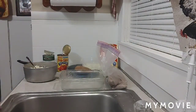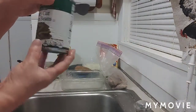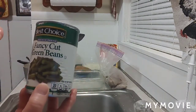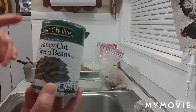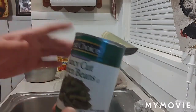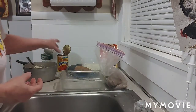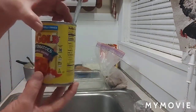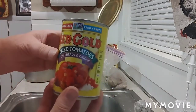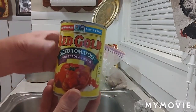Then you have to put in your green beans. 1 can of green beans will work because I measured it. It calls for 3 cups of canned beans. Green beans, you drain the water out, and I've measured it, and 1 can works good. And then it also calls for 3 cups or 1 can of your tomatoes. And you can use rotel tomatoes if you want a little spicier,